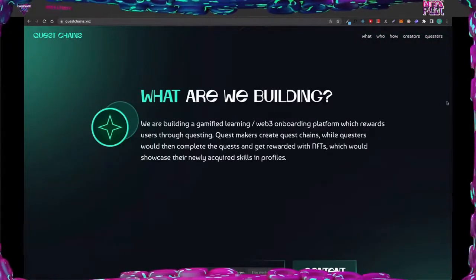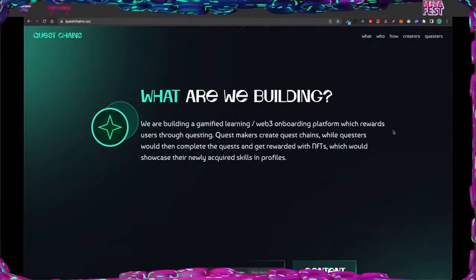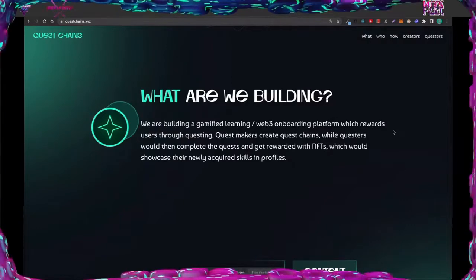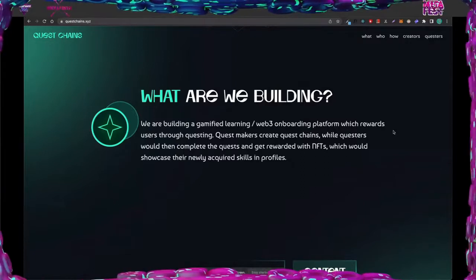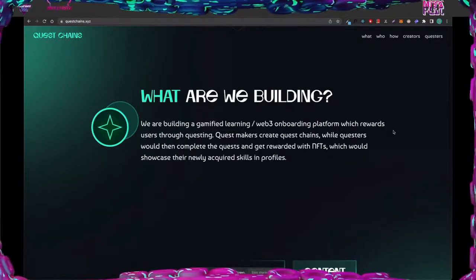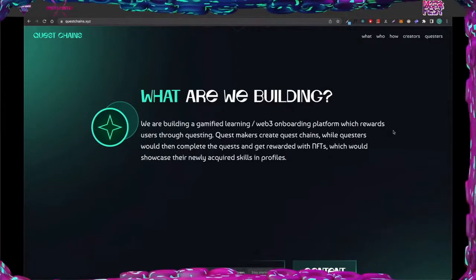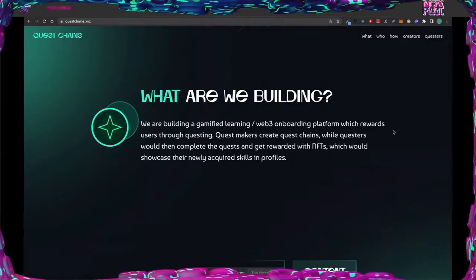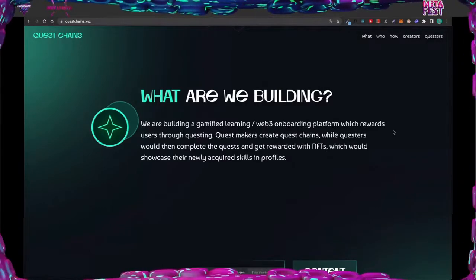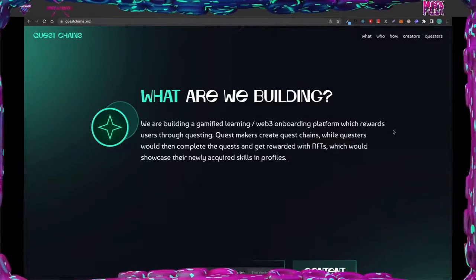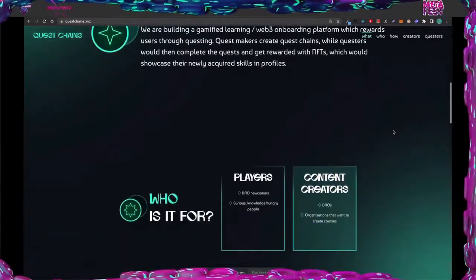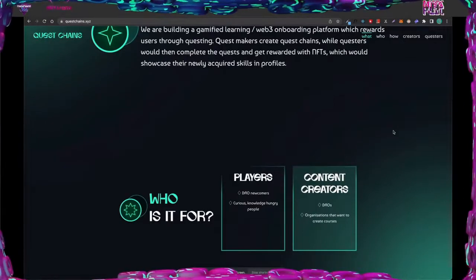Basically, we're building a platform where questers and quest chain creators can both participate. Some can create quests and quest chains, and the others can then complete them. By completing them, they are awarded NFTs which showcase their skills and are displayed in the profile gallery.